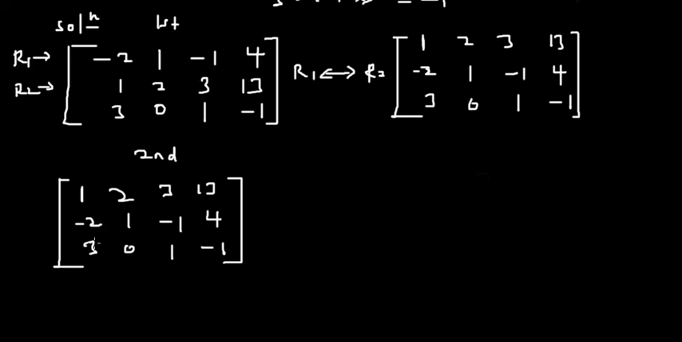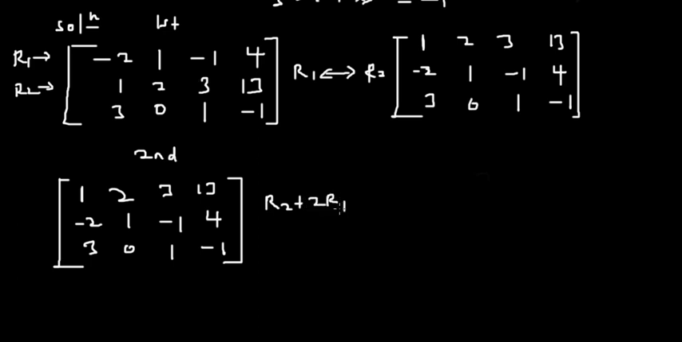I already stated that once you want to make any value beneath or under a leading one 0, all you have to do is just add a multiple of the row containing the leading one to the row in which you want to arrive at the leading one. So this is how we do that. So we could notice that we could add R2 to the